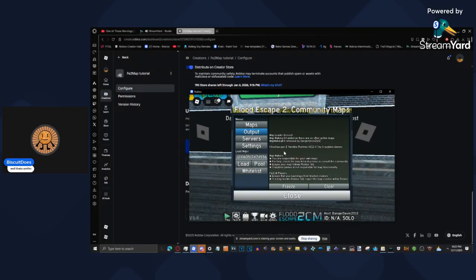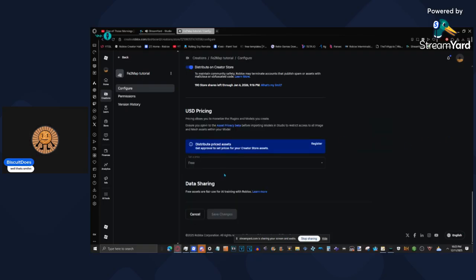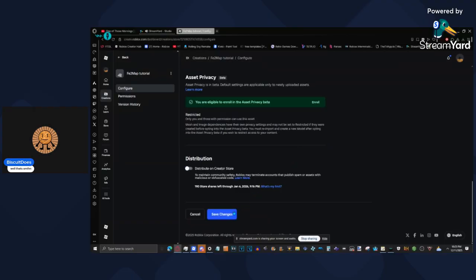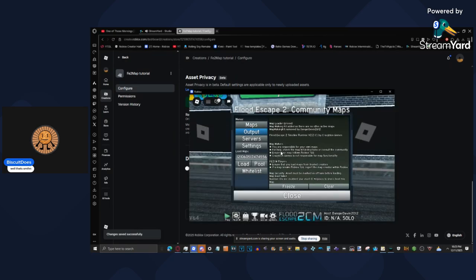Then you're gonna paste your ID, and you're gonna click load. Map security: asset must be marked off sale before loading. So you go over to there, you disable this, click save changes, and then you click load again. And then it's gonna give you your map ID. So now you just paste, you just type that in. And then once you're done with that,